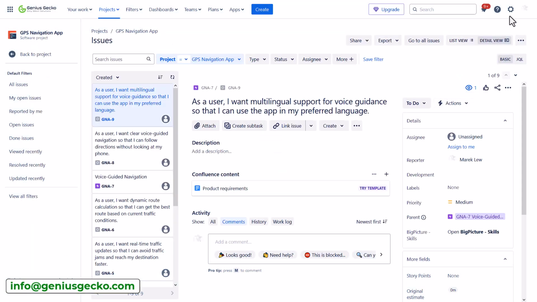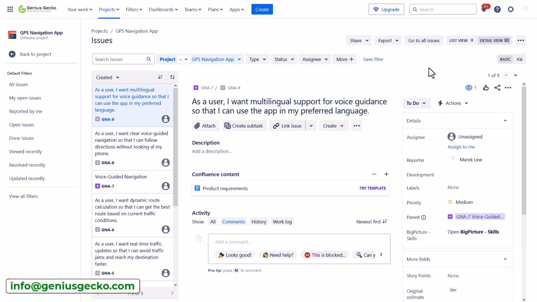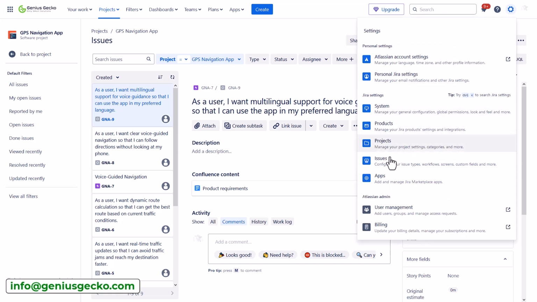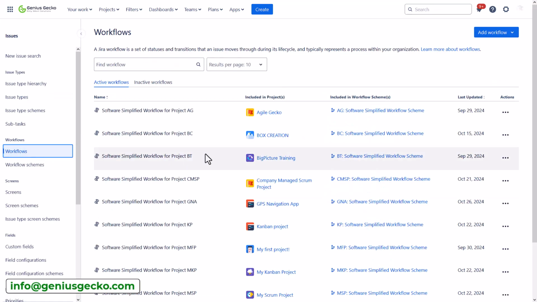Now I can create more complicated workflows, but to do that, I would need to be a Jira administrator. Let's see how we can do it. Just go to the configuration or settings of your Jira, go to issues and select workflows. Now, you will not be able to edit the workflows that are already in use. You can edit a new one, you can also import it from the marketplace, but for this video I will